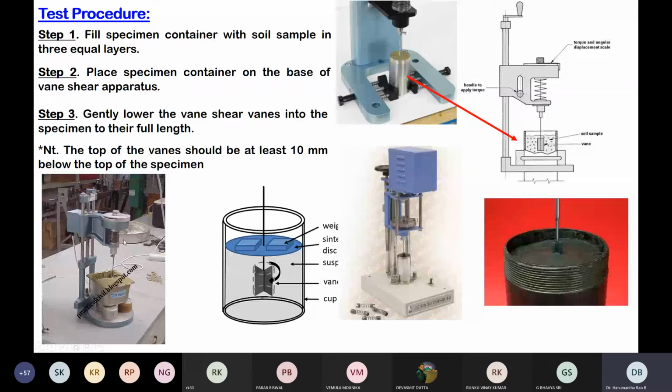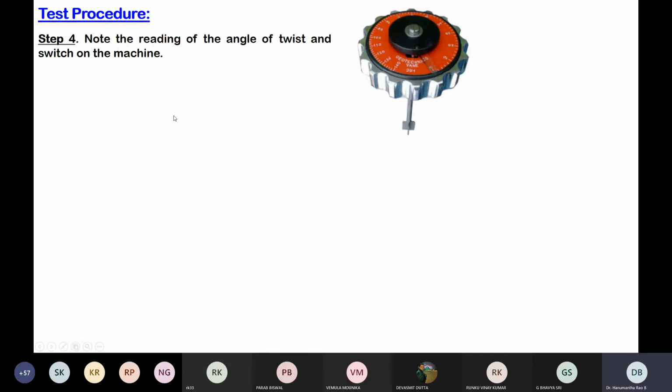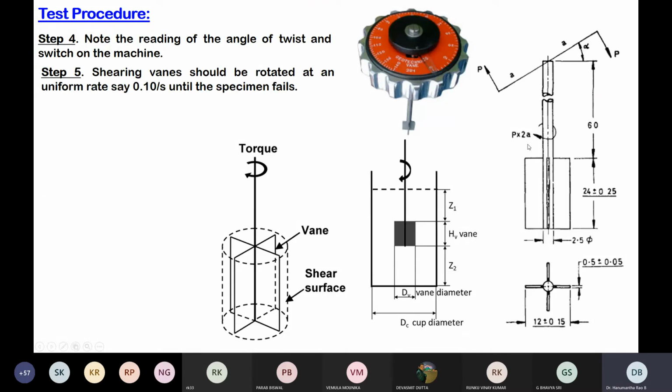At the initial stage, you need to note down the initial angle of twist and the spring constant. Usually the spring constant is a constant value. So note down the initial angle of twist, then switch on the machine, then apply the torque. As you can see, this free body diagram demonstrates how much load is applied directly onto the torque. So this is the arm, with a lever arm of A and the load P applied, with the angle of twist. You know the arm distance, you know the angle of twist, then you can convert these two into the amount of the load applied.